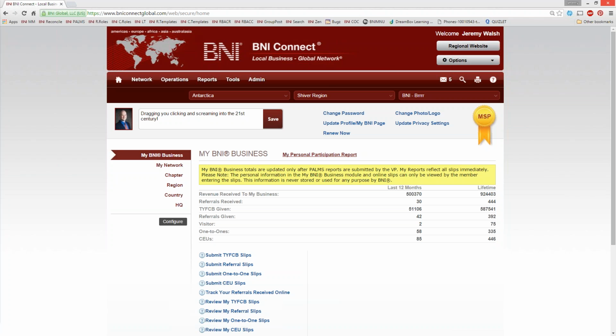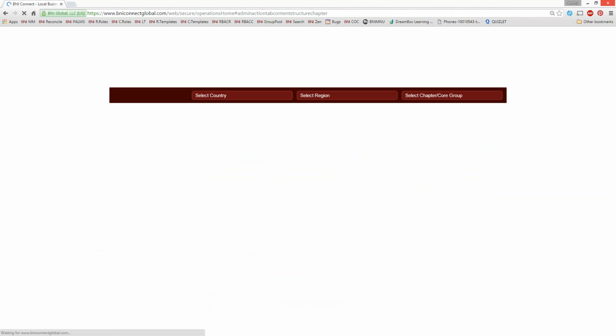Now to get there, we need to go beyond this home screen. The home screen here is all of the everyday activities of putting in your slips and things like that. But we're going to go to the operations menu. The operations menu is where we go to input various things where we're doing tools, whereas reports are read only. But if we want to use the goals program, we're going to go to operations for that. So I'm going to go to the operations menu and the chapter level operations.